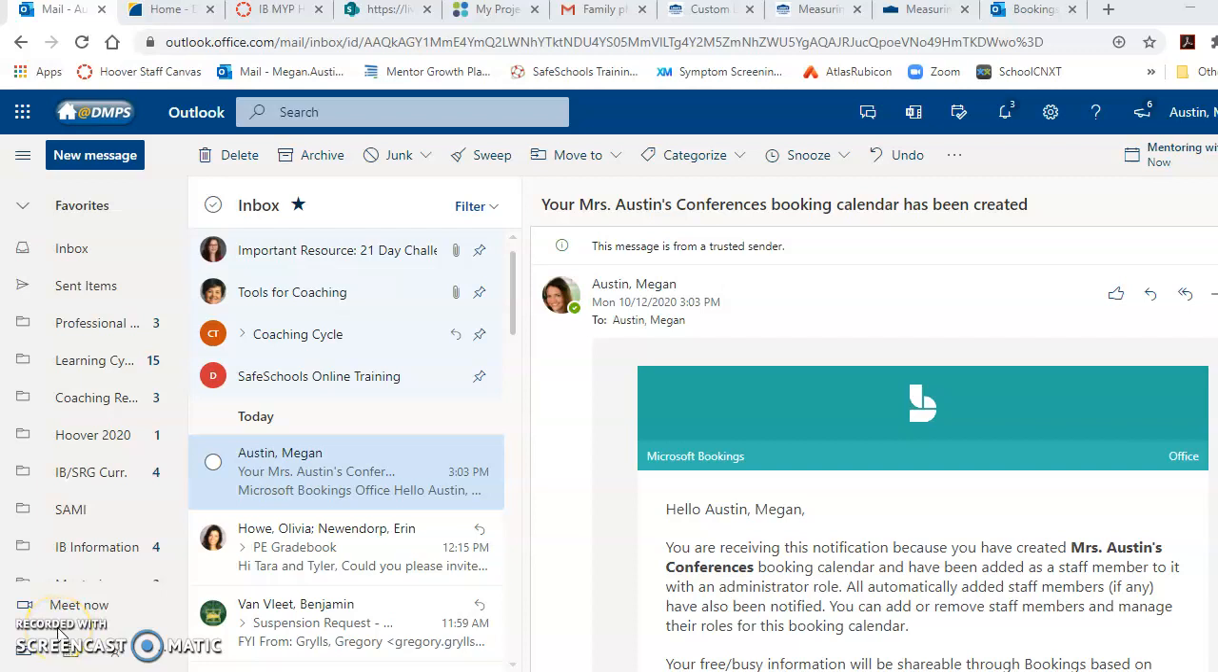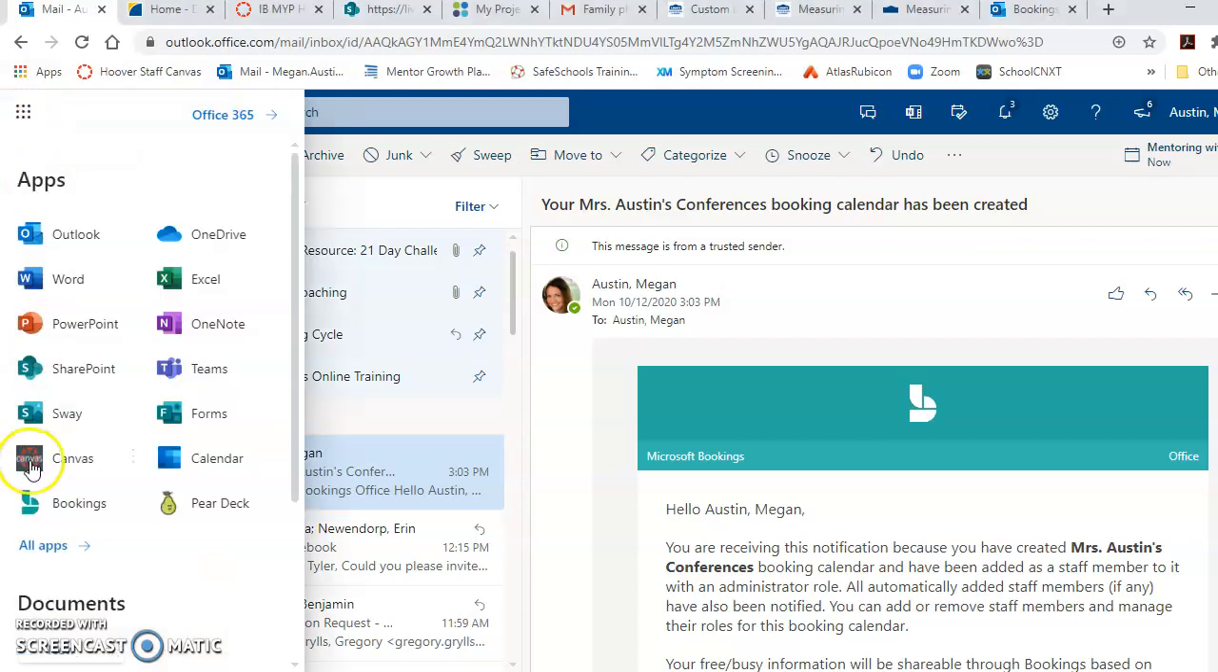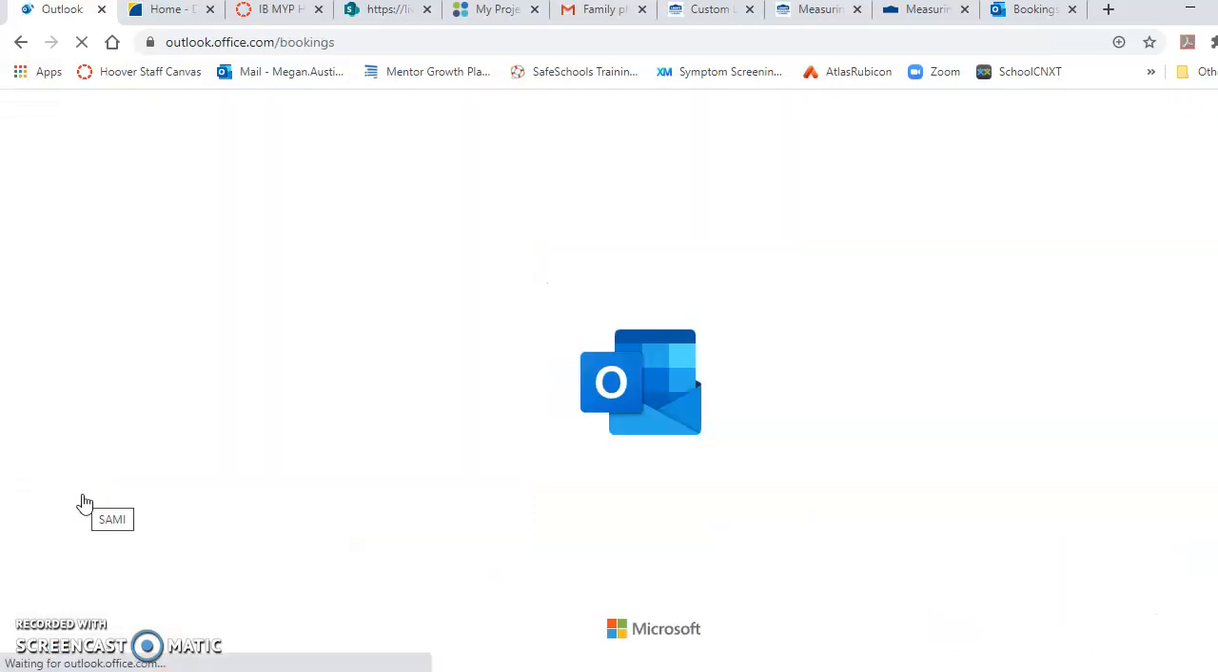This is going to talk you through how to create a booking through the Bookings app for your conferences. So we're going to start by going to the app launcher, or the waffle, and going down to where it says Bookings. If you don't have Bookings already on your apps, then you can find it in all apps. So once we select Bookings,